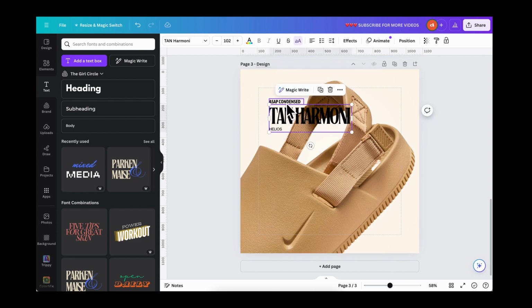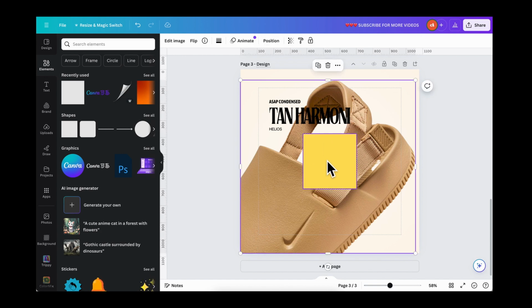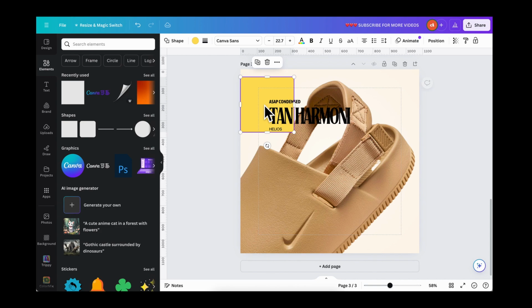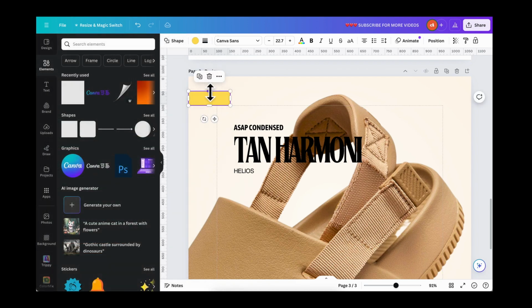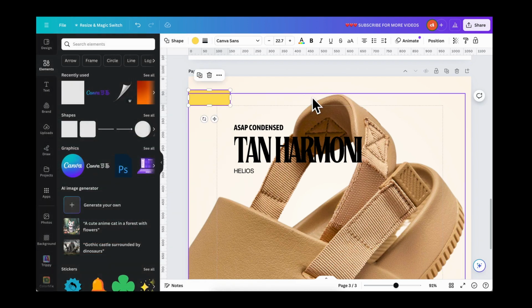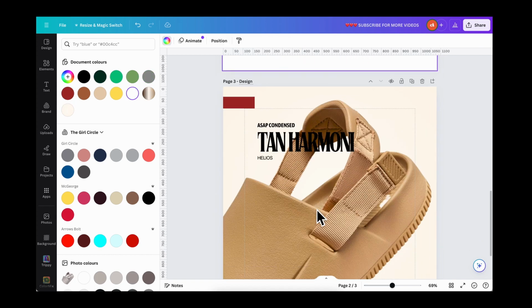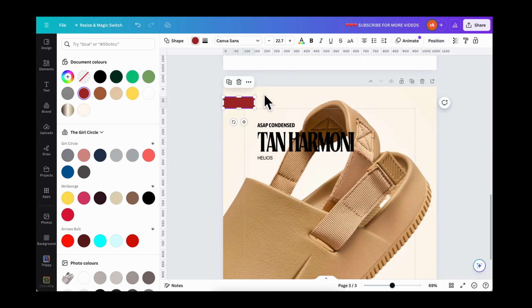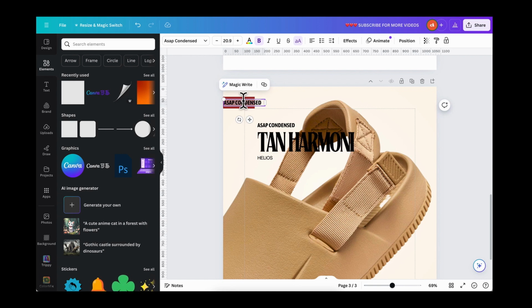The next thing I'm going to do is I'm going to start adding things. I think what I'm going to do here is I'll go over to my image, just select this one here. I'm going to add that around here. Remember, this is something you want to create for an ad, so you have to be very careful with your design choices. Now that we have that, I think I want to use that for a label, more like a toggle or something that we could use to feature whatever is there. So I would just use that, and I would give it this particular color. The contrast, you can see the contrast between the background, the image, and this particular color right here is really interesting. And then I will select this ASAP condensed, and let's say we're going to call this maybe selling,